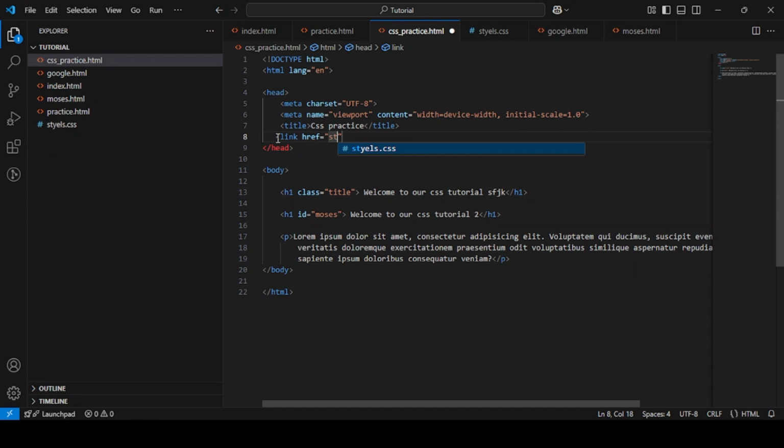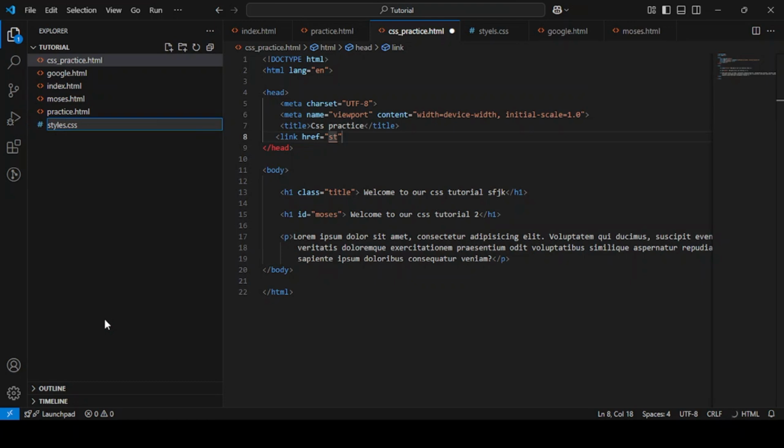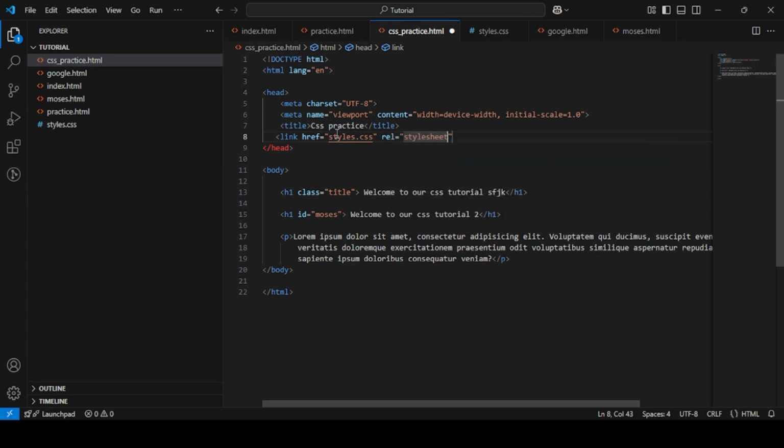What's the name of our file? I spelled styles wrongly, so I'm going to go ahead and rename it styles, like this. So I'll just say styles.css rel stylesheet, right? And this is just it. You go ahead, close your